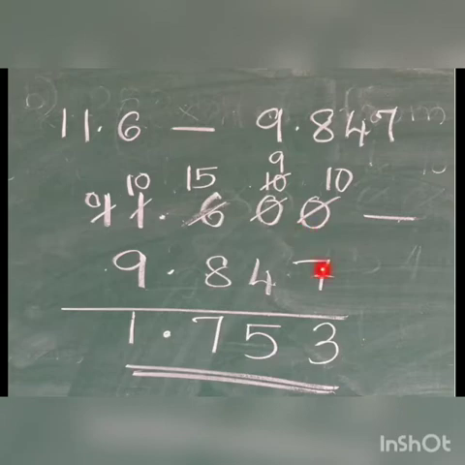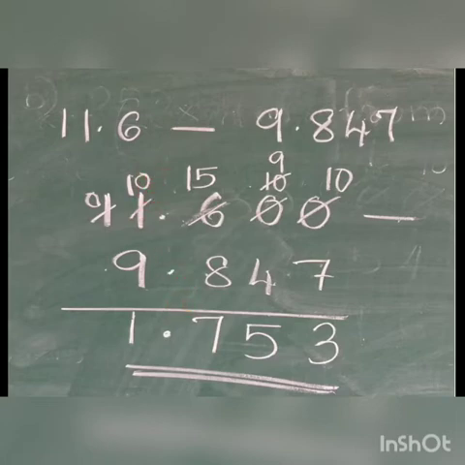You cannot subtract 7 from 0, so borrowing from his 6 becomes 5. This 0 becomes first 10, then 9, then this 10. 10 minus 7, 3, 9 minus 4, 5. Again it was 5 over here. 8 cannot be subtracted from 5. So for borrowing from here, it becomes 0 first. So this becomes 15. Now 15 minus 8 is 7. Now here we have 9. Here we have 0, which we cannot subtract. Again from 1 we are borrowing. So 1 becomes 0 and this 0 becomes 10. Now 10 minus 9, 1.